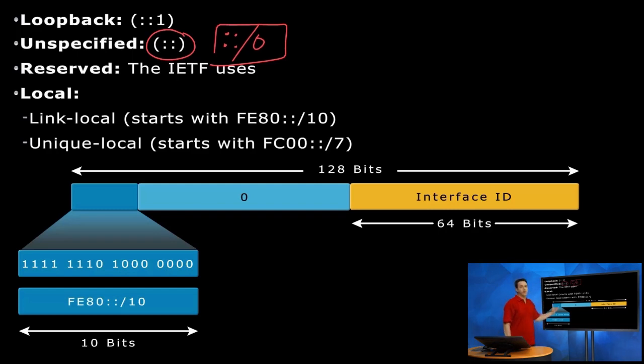A bunch of reserved addresses for IETF uses, and then we have some local addresses that we can utilize for local communication. So first and foremost, we have our link local address. Starts with FE80::/10. So what is the range for that? Well, if we have FE80